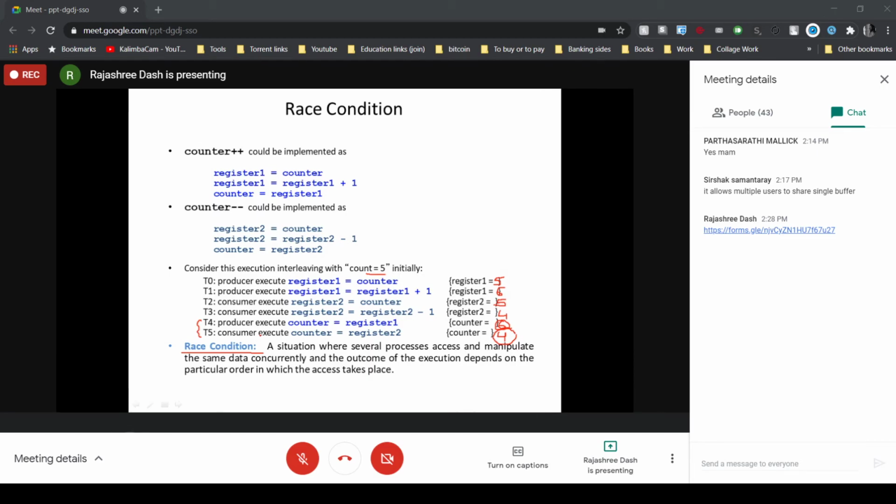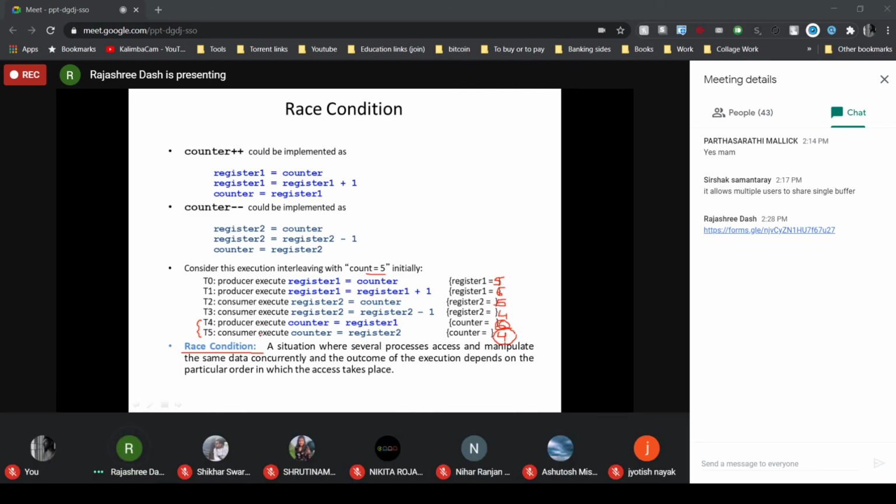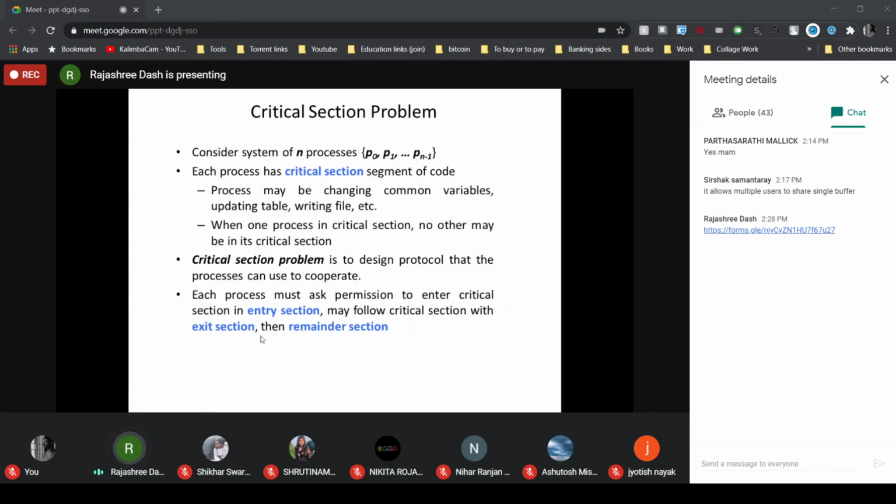If we allow only one process at a time to manipulate the shared data, then there will be no possibility of a race condition. That is the objective of process synchronization.